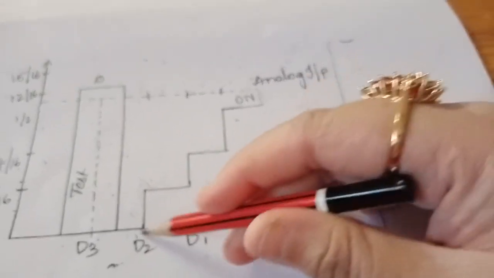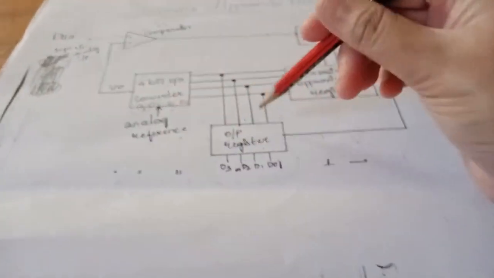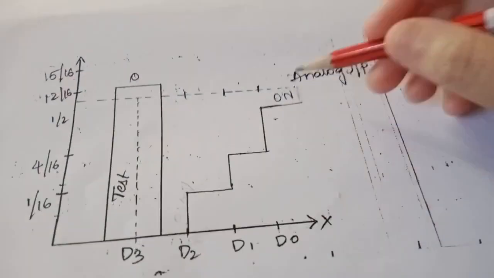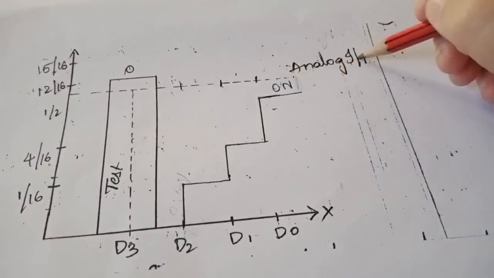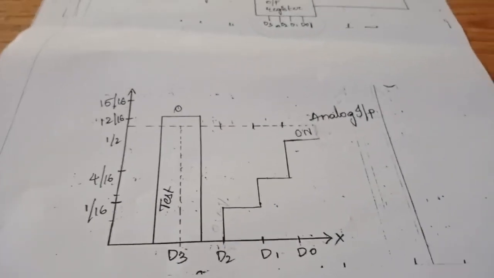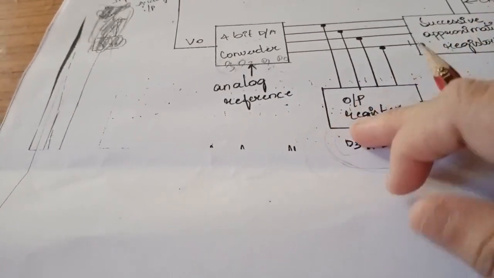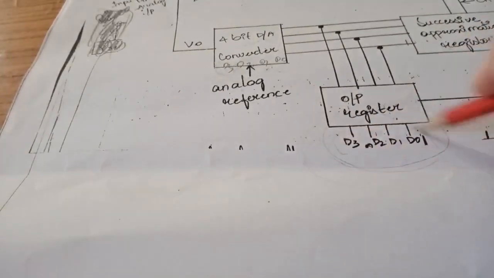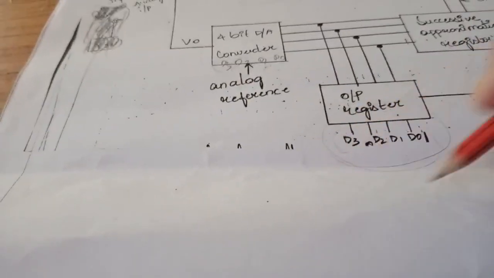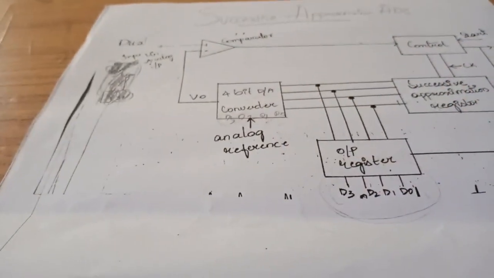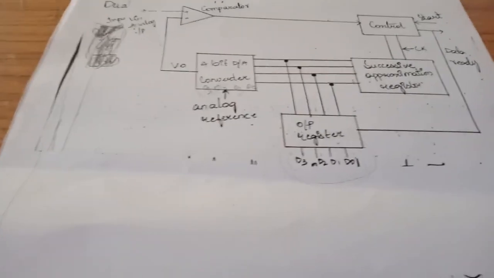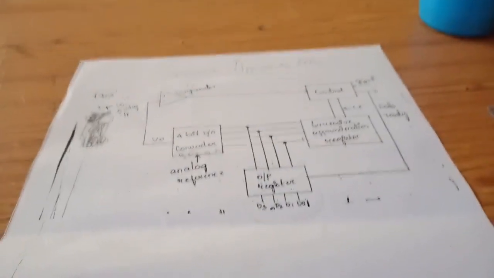So again it will be off, again it will be on here, again it will compare, and finally it will reach D0. D0 is nearly equal to the analog input. Finally the output will be displayed on the digital panel, whatever output is there. So the whole output will be like 0 0 0 1 or 0 1 0, whatever input you give, according to that this output will be displayed according to the analog input. So by this we have completed your 2 methods, the D to A converter method and the analog to digital converter method.